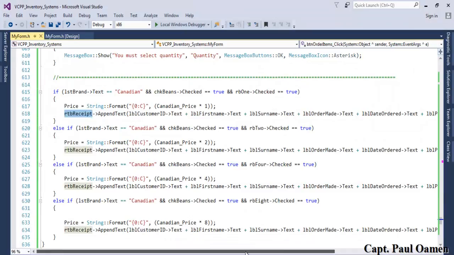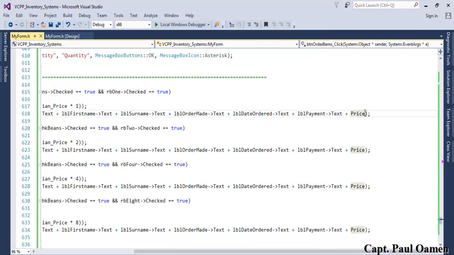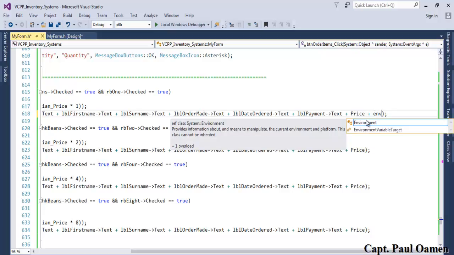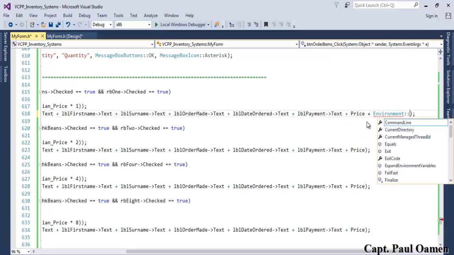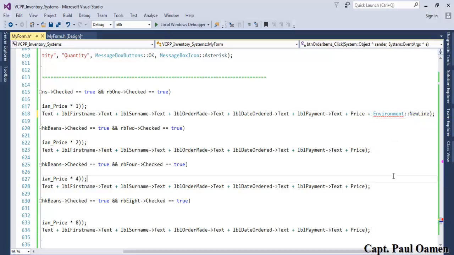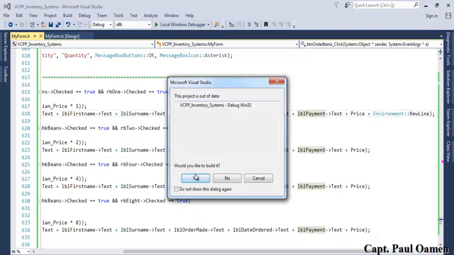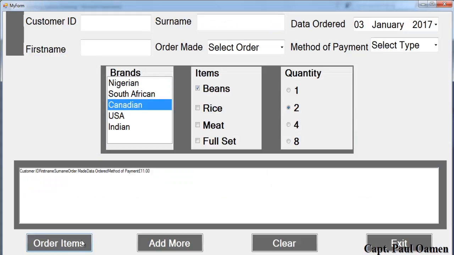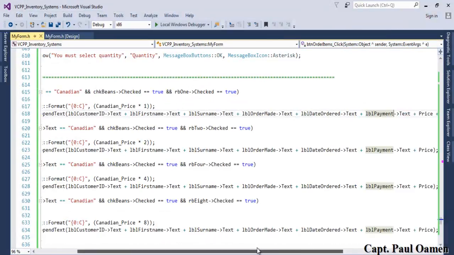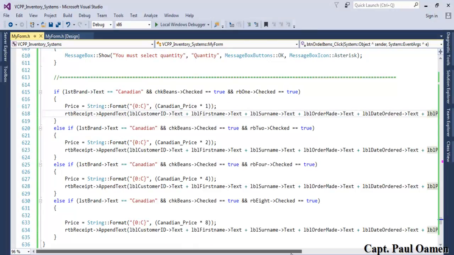So the first thing we want to do is, let's enter environment and new line here. There we go. Alright, let's see if that works. Then we'll stick to the environment of new line. Okay, that's fine. Now let's try another one. Okay, that's not working either. Right, we need to find out what's going on. Okay, now that we know those ones are not doing what I want them to do,